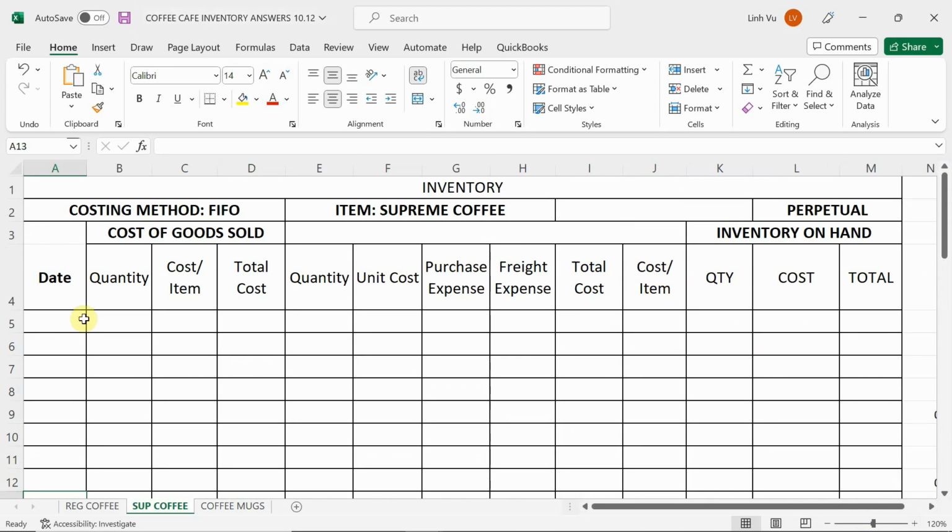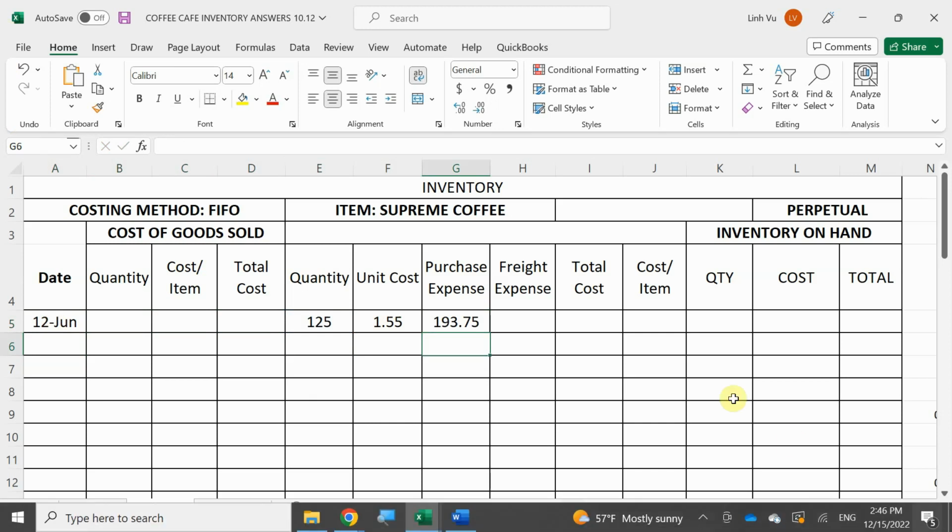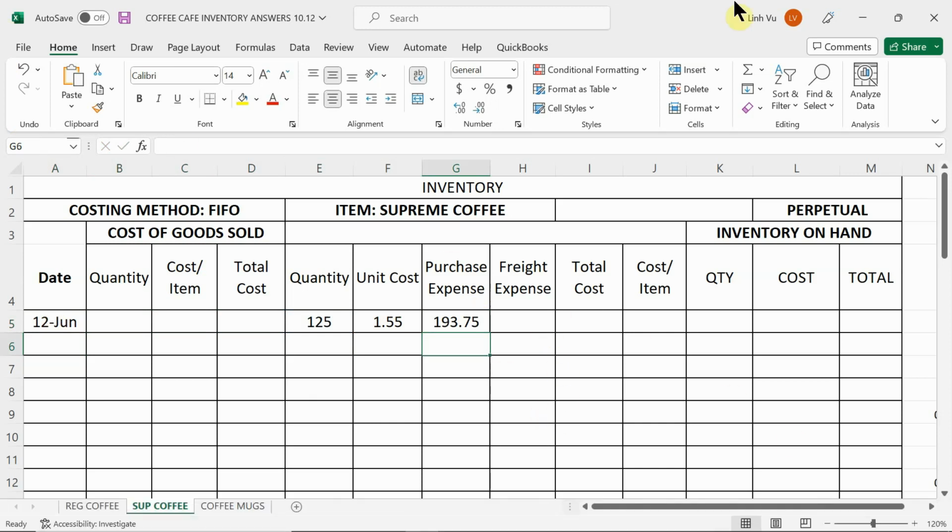Supreme Coffee today, right? For the Supreme Coffee, we're going to be using the first in, first out method. Today's the 12th. We're going to skip the cost of goods sold section because we just purchased inventory, 125 pounds at $1.55, which is going to give you a total here of $193.75. So I'm going to go ahead and